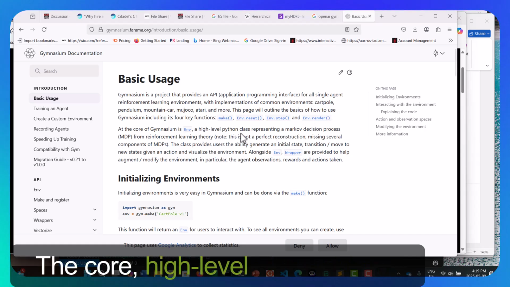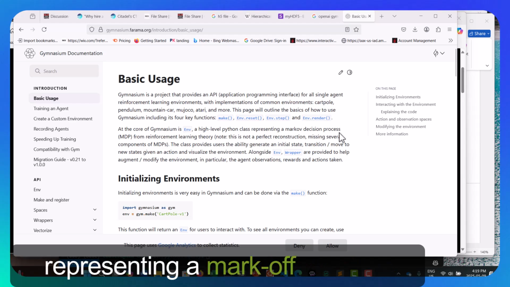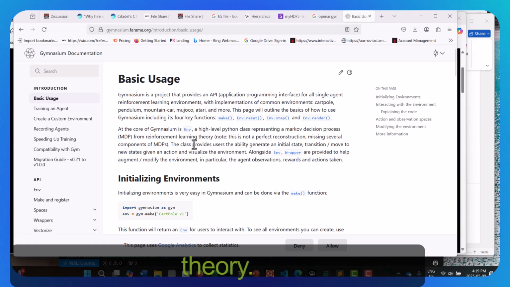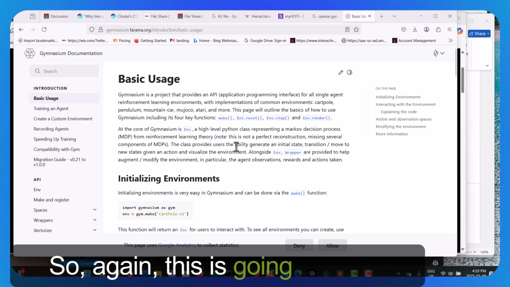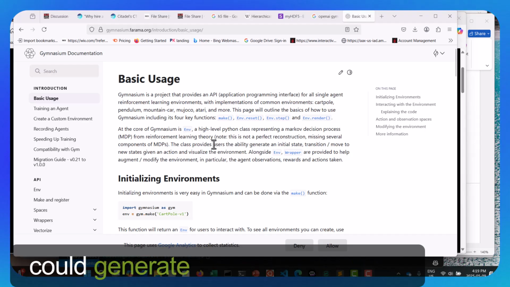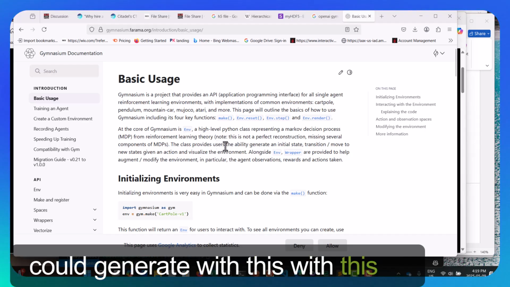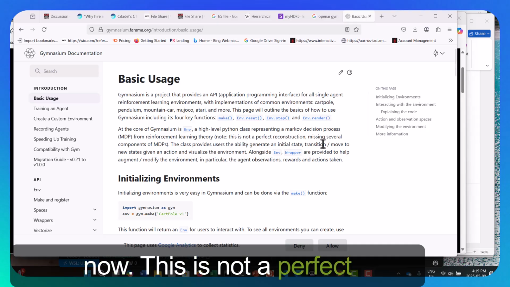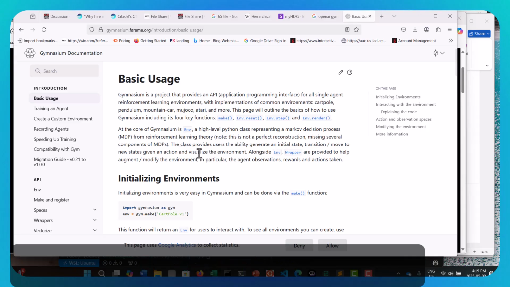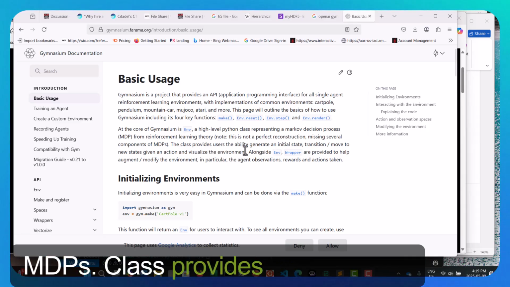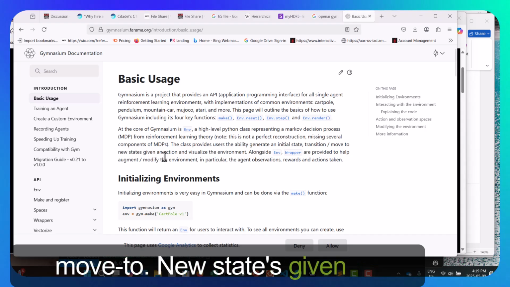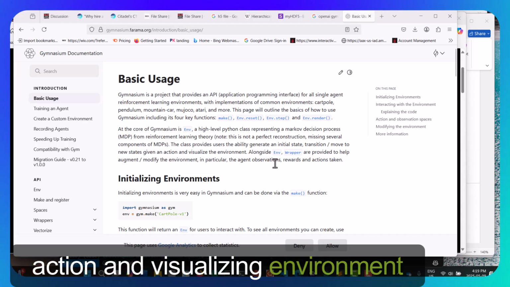The core, high-level Python class representing a Markov decision process from reinforcement learning theory. So again, this is going over my head, but just to show you what you could generate with this AI now. This is not a perfect reconstruction, missing several components of MDPs. The class provides the user the ability to generate an initial state, transition, move to new states given an action, and visualize the environment,